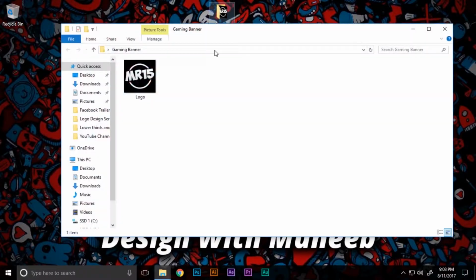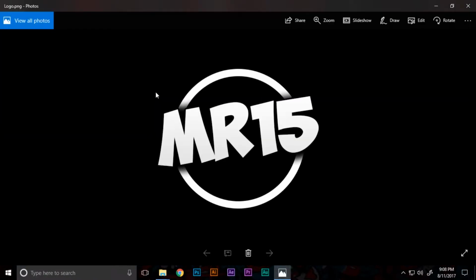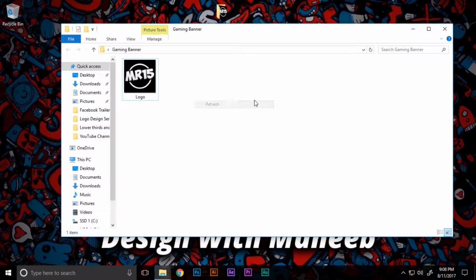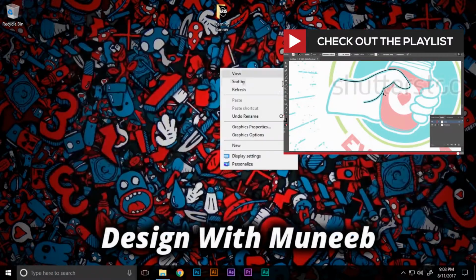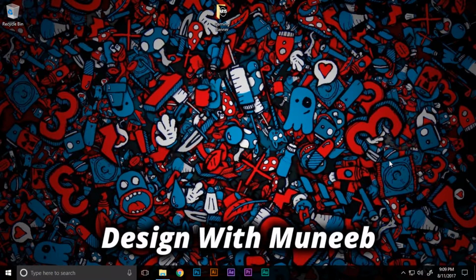So to start with, I have this logo over here. It's nothing special, just a circle with text Mr. 15 and with a drop shadow on it. If you don't have this yet, I have a whole playlist dedicated to logo design, so make sure to check that out. So now we need a picture to set as base, so let's open up the browser